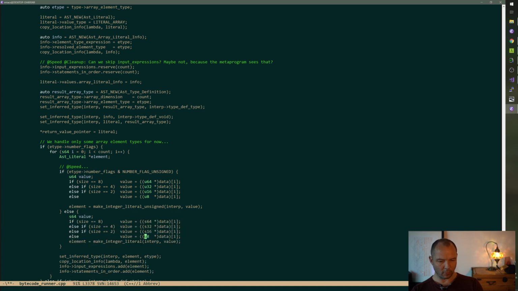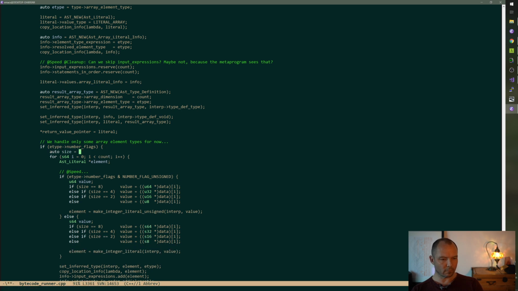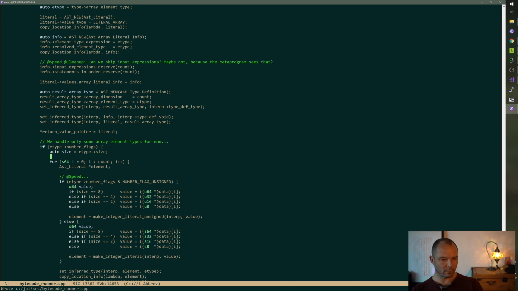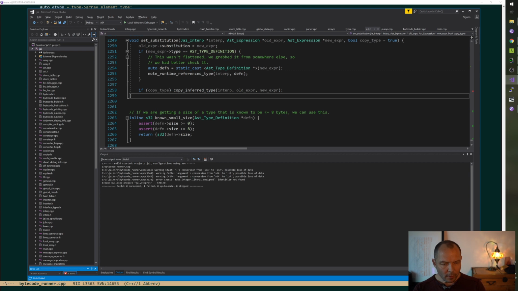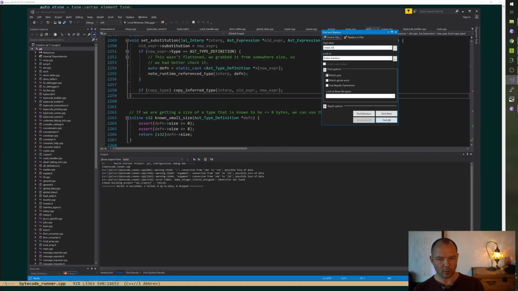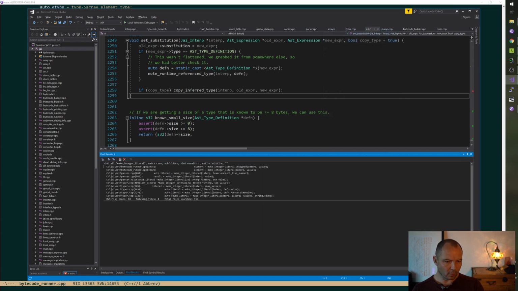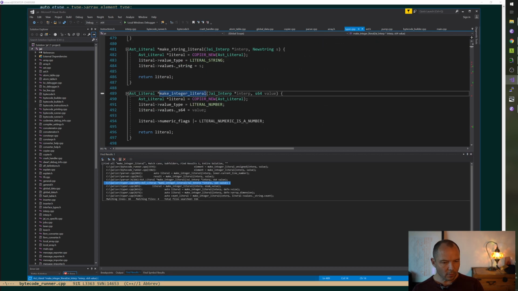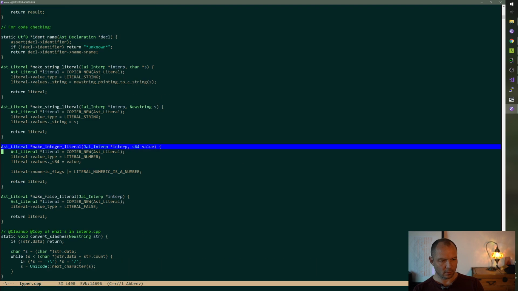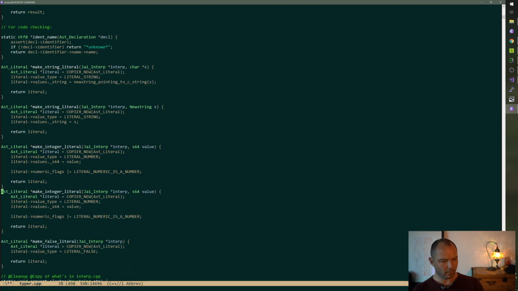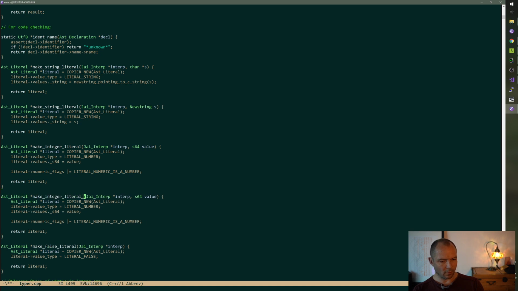Dude, this compiler has so much of the same thing in it. All right. Okay. We made this, never made this make integer literal unsigned. And it's just going to be the same.